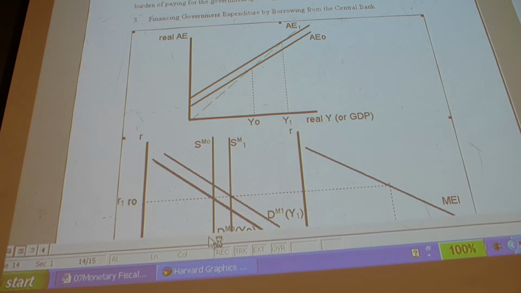What is the effect of an increase in government transfer payments financed by an increase in taxes? What if the government increased transfer payments by 100 million and cut taxes by 100 million to pay for that? What would the effect be? Zero. Because they both have the same multiplier. Okay? So notice there's some questions in the multiple choice and so on discussing that.